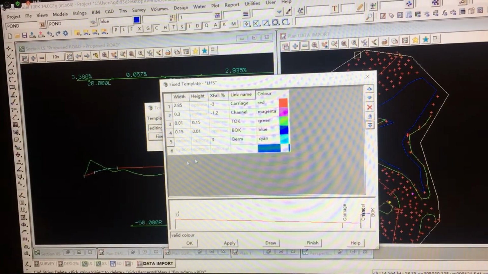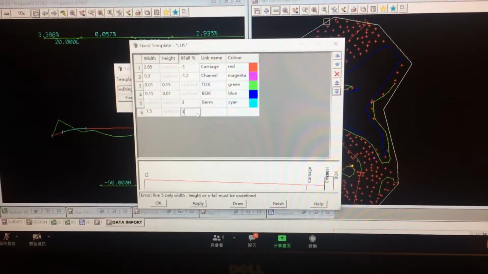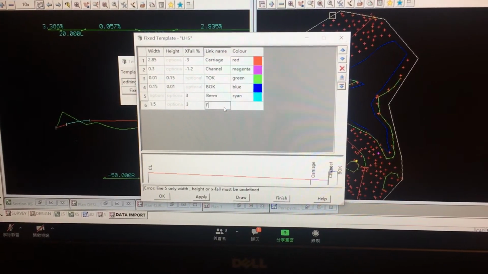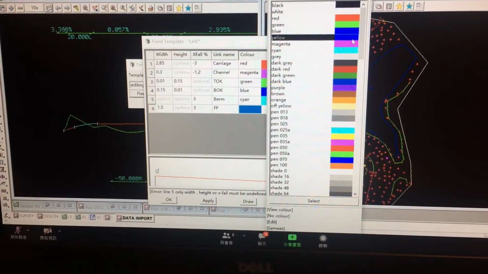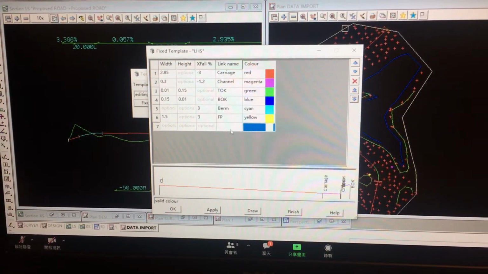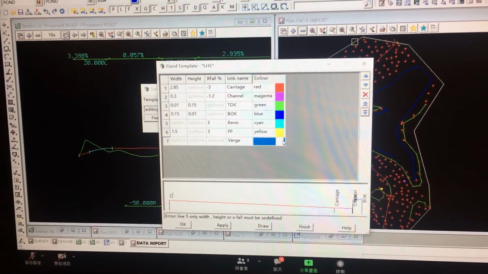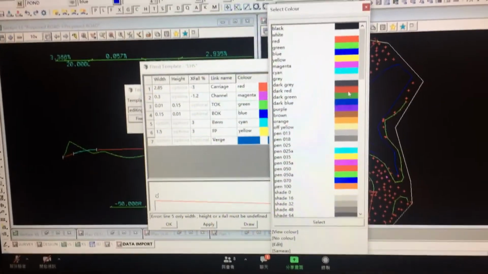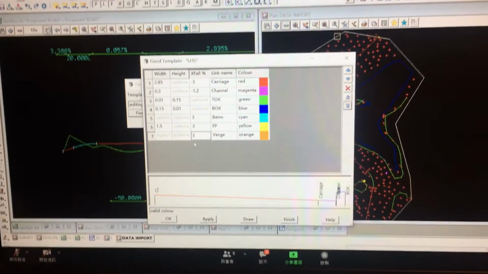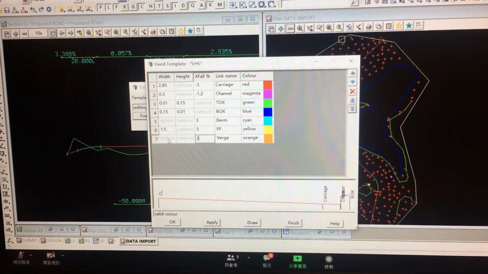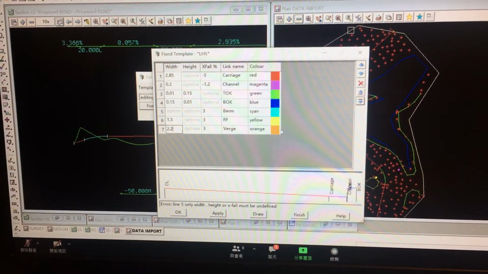And the next one is called a footpath. It's 1.5 meters. Footpath 3% as well. That's called footpath FP. And I change the color to yellow. And the next one is called verge. Give a color of orange. It's 3% as well. Height is not there, so let's say 2.2 meters. So let me see how much error